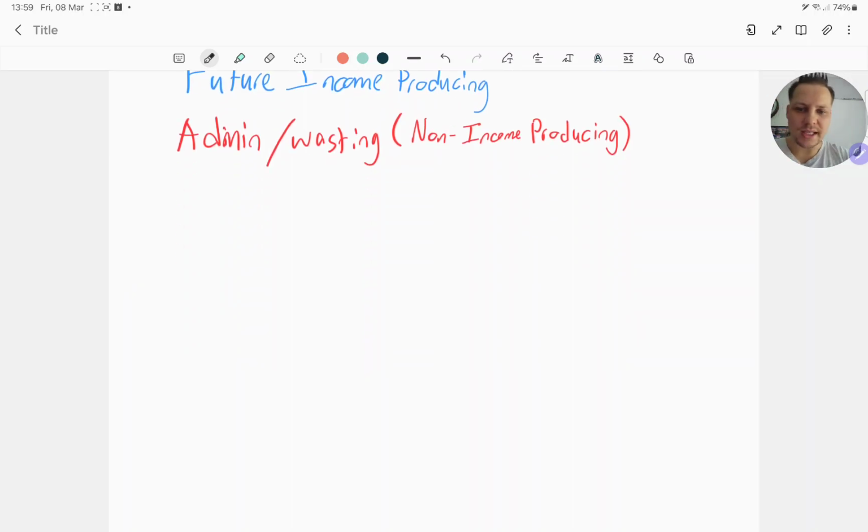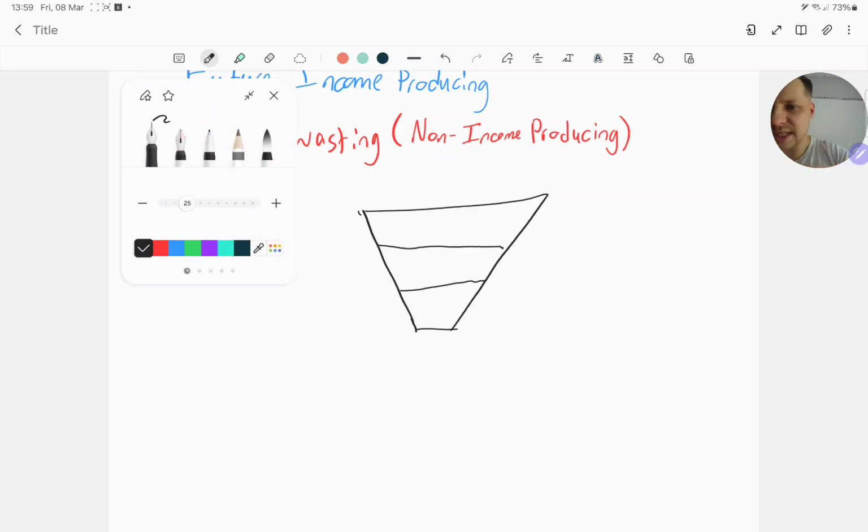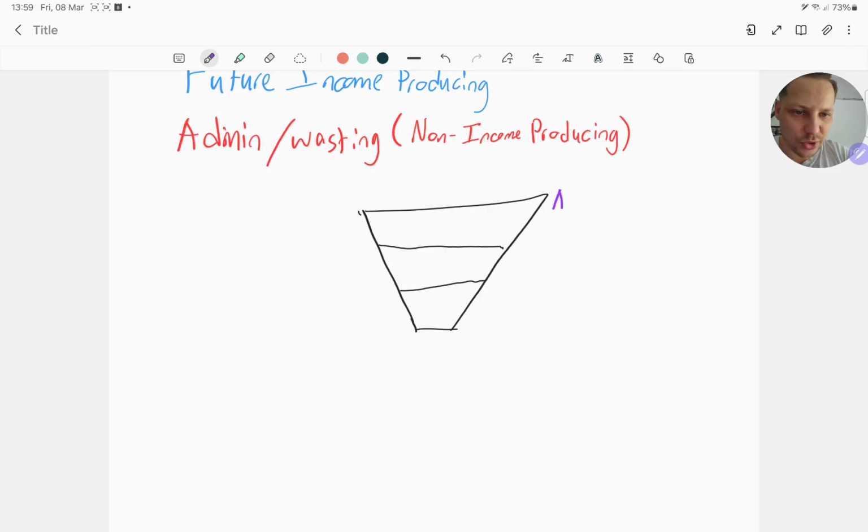So I'm going to quickly draw, for the sake of this example, our funnel. In a previous video, we looked at the sales funnel, our very condensed version. It was divided into three categories. At the top, we had people who were aware of our services. We make people aware of what it is we sell, whether that's a physical product, a SaaS product, a course, or whatever. We're making people aware of what we have.